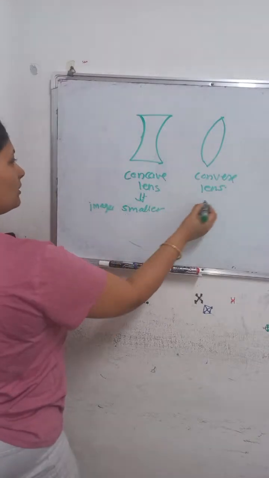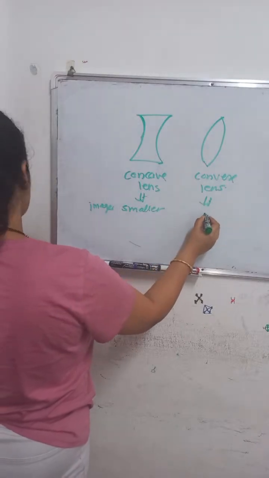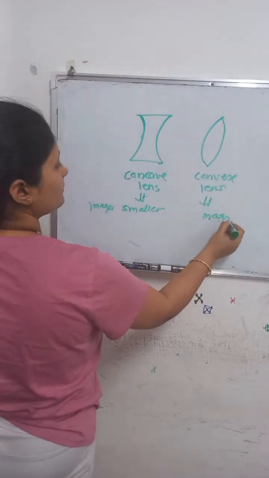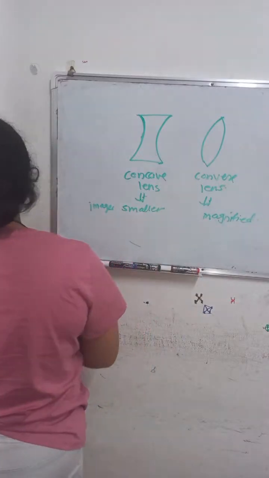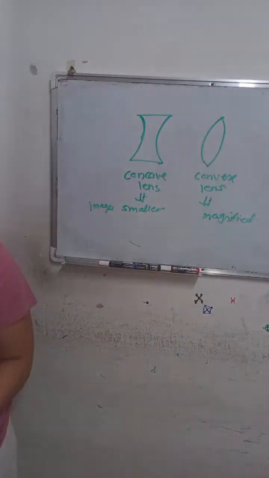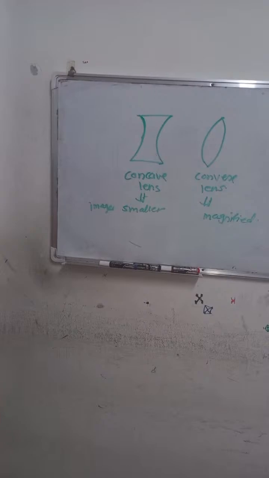Images are smaller, and in concave we are getting magnified or larger images. Okay, understood this? These are the differences. Sometimes they will ask this question for 3 marks. Okay,